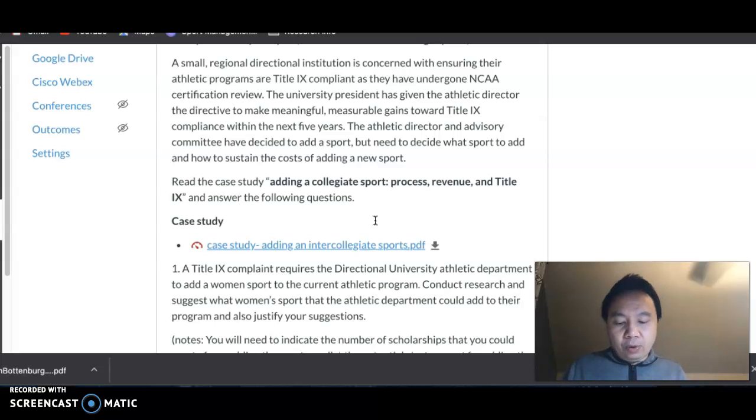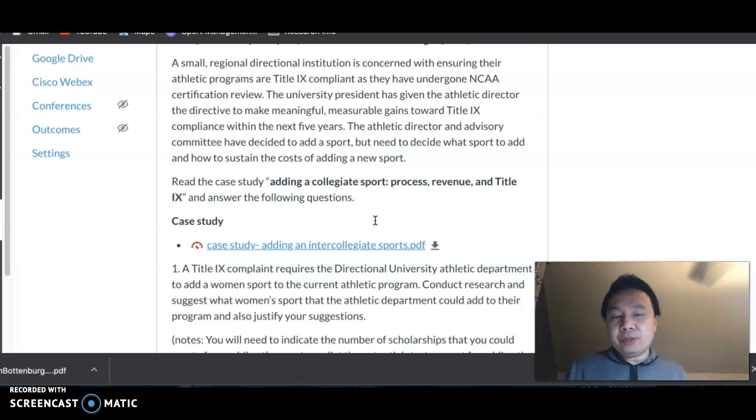So at the very beginning, they were thinking about adding rowing to the athletic department, right? Because rowing can actually bring more scholarships than any other sport they mentioned. But they found out the cost is extremely high, particularly the rowing team has to travel, the equipment is very expensive, and the practice cost is also very high. So eventually they decided to choose softball, right? Because it makes more sense for them, because they have a baseball stadium, so they can use the baseball stadium to host softball events. So the cost is low.